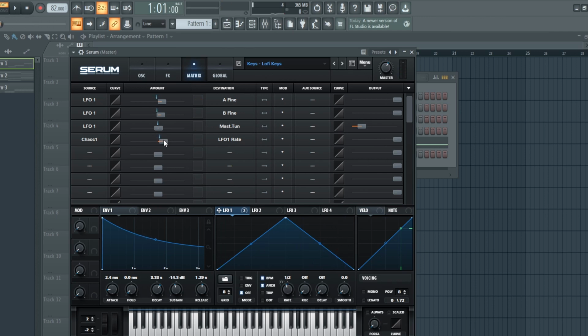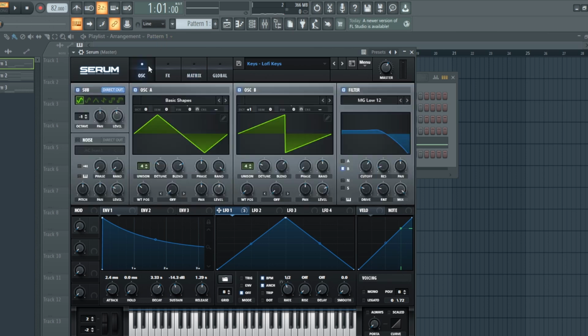And a great thing about Serum is you have huge control here over how much and how little you want. So if we turn it up, so it's a matter of taste and how it can fit your song, but it's just a great little feature that can really add a little wobbliness, a little randomness to the sound. And of course, anytime you can add automation and movement into your sound, it's going to sound a little